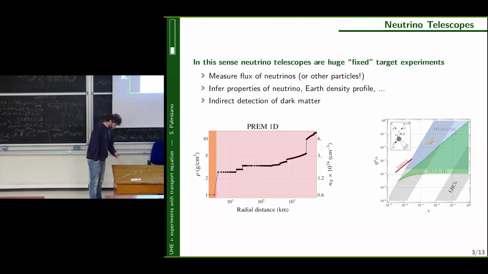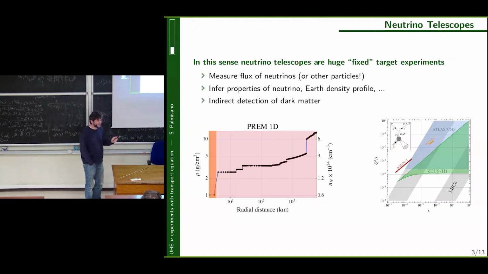This led us to sort of start from scratch and think about neutrino telescopes in general. And as I will tell you, try to propose a first principle formalism for making a prediction of the rate. And so the starting point that I would like to make is that, in some sense, just not this sense, sorry, there's a typo.